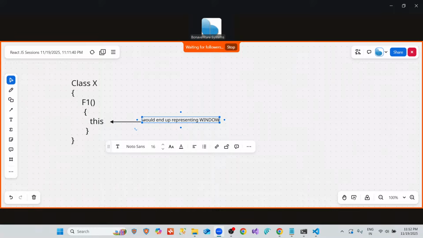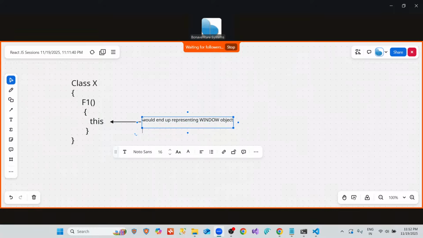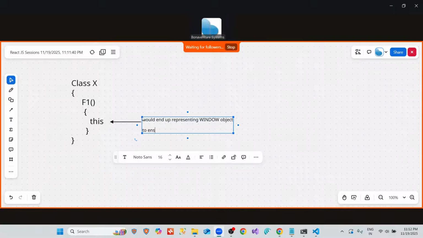Here it is undefined right now, but it will end up representing the window object. And then to ensure that it represents something called the current class X object,